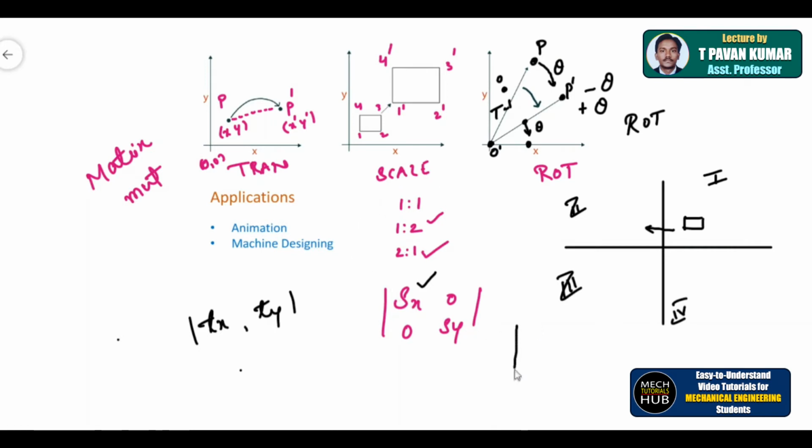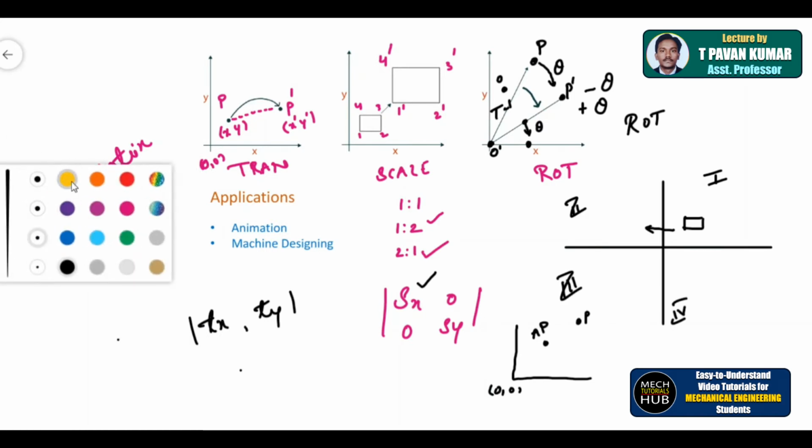Now let me again explain. This is an arbitrary point. With respect to this point, I want to rotate this P. If I want to rotate this P with respect to this arbitrary point, it is not possible; it becomes a tough task. What I try to do is shift this arbitrary point from here to the origin 0, 0. When it got shifted, this will also shift obviously, because the distance between these two will remain the same. Let me take another sketch color just to make you understand.